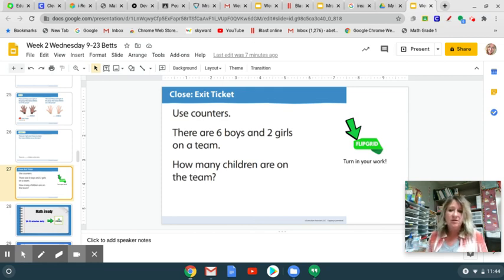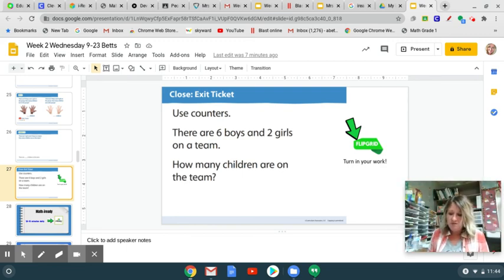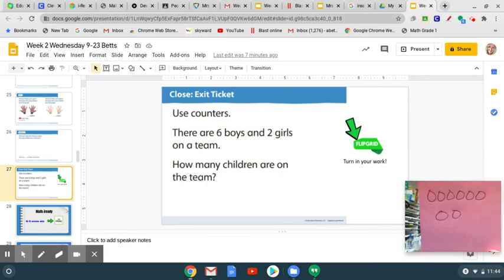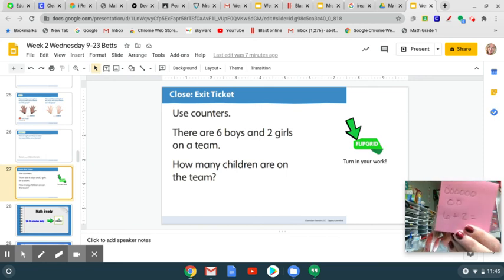So what we can do is take a piece of paper. I have my little notebook, but I can use other things. And then I can draw my counters. So I can draw 6 for the 6 boys. See, I have circles there. And then I can do 2 more for girls down below. And then I can count them all together. And when I do, I can do 6 plus 2. And then